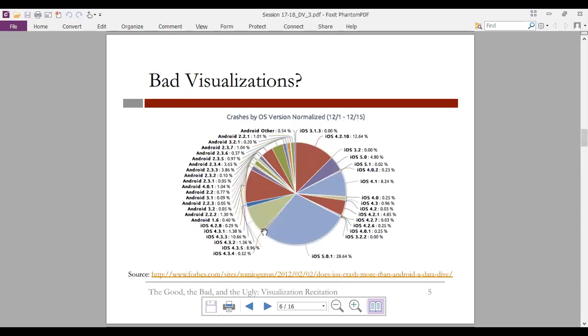Okay. So if you look at this, this is a bad visualization. It is all about crashes of the OS, different versions of Android and different versions of iOS apps. So what are the different issues causing the crashes? If you look at this, it looks very cumbersome. In some of the data, for example for iOS, there is 0%. So this kind of output is not needed.